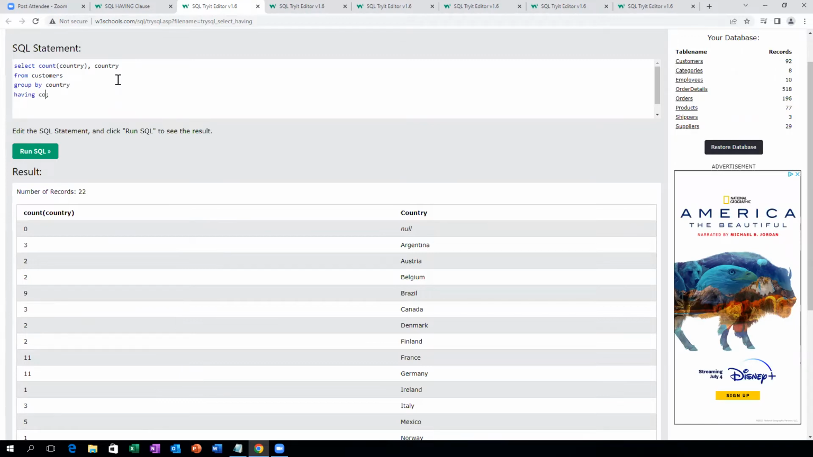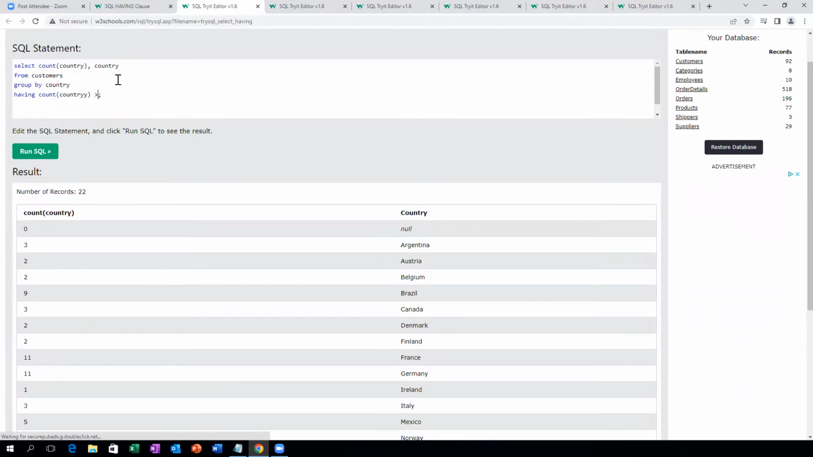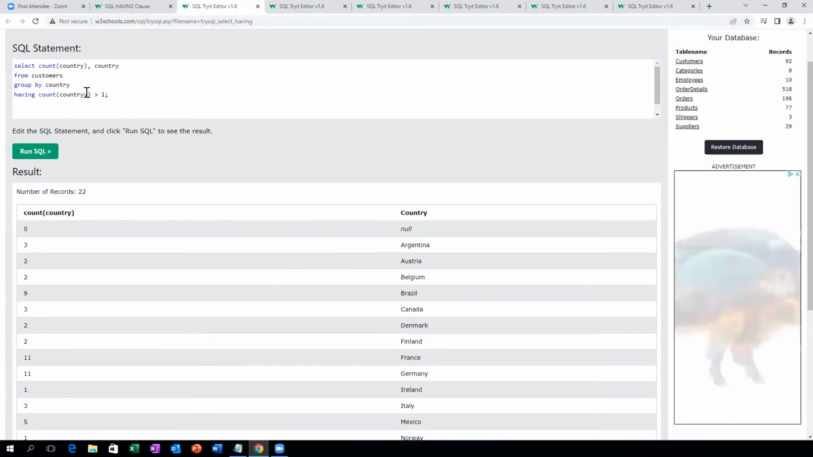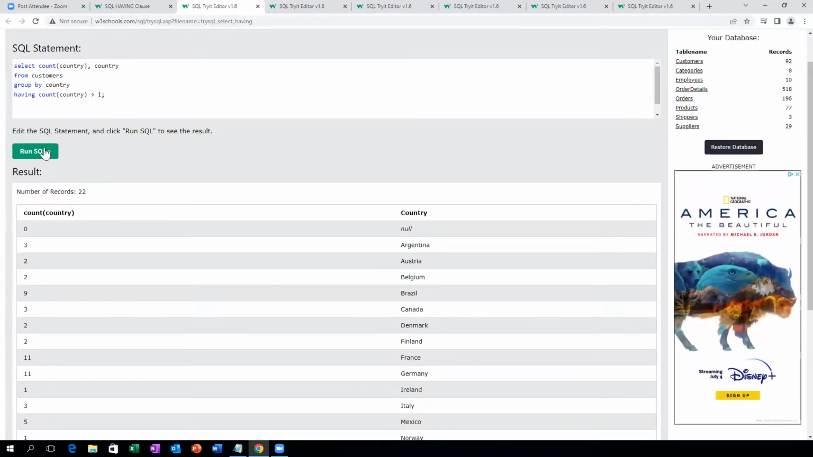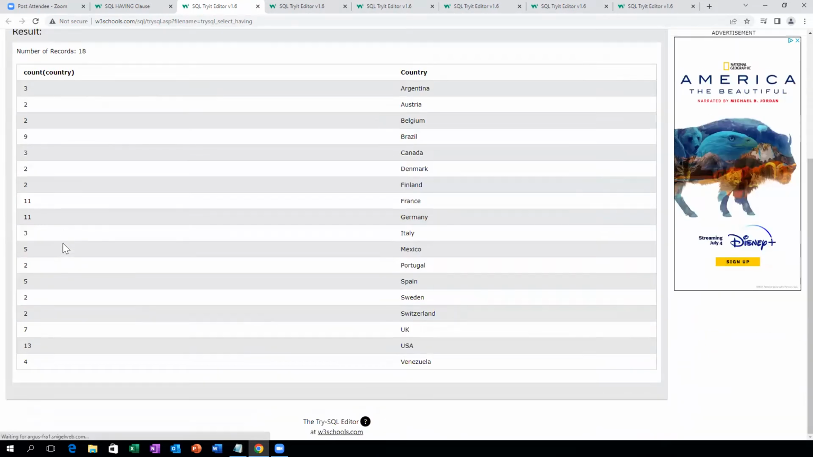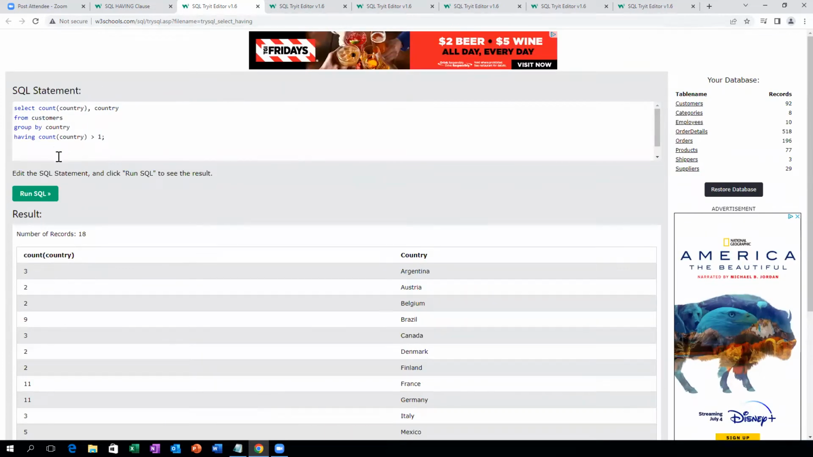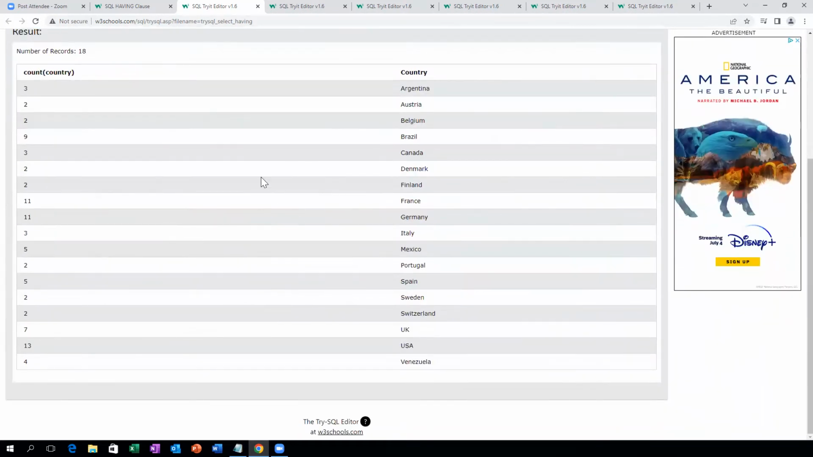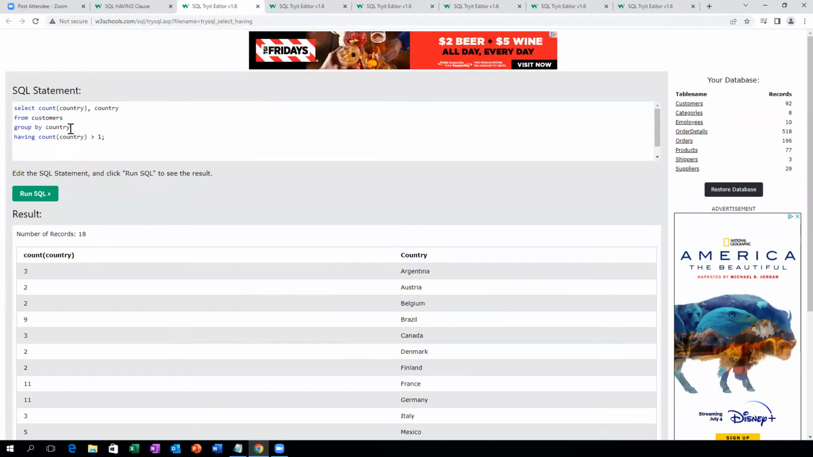Then I'll say having count country is greater than 1. So that's how I can find duplicate data. Normally, that's what I run. It's going to bring all the records for all these countries, and then I use another SQL statement, fetch this data into a variable, and maybe delete, update, or do something to clean up this data. But that's why we use the having clause, because with the where clause we cannot use the